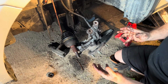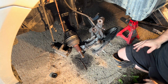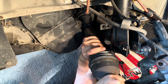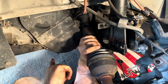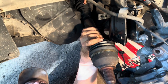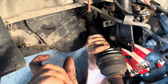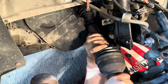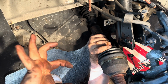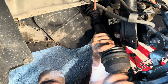And with that being out, we are ready to start on the next step to removing the CV axle. Driver's side, you're going to want to hold this CV axle level, and the reason why I jacked up the passenger side is so that I can move this CV axle. I will show you when I get this out, there's a little metal retainer that locks these in, and you turn this just 1/4 of an inch at a time. If the ring is this way, it's locked, but if you take it to 12 o'clock where it's facing up,